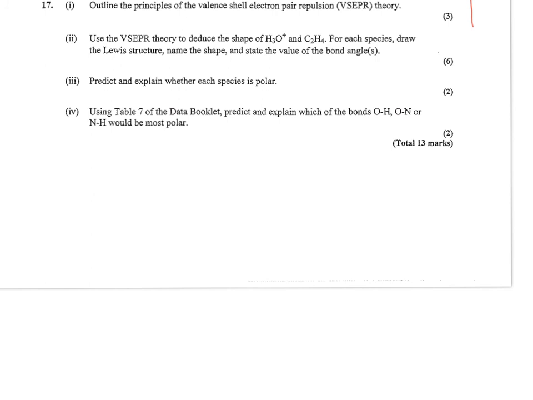Okay, then number 17, I'm going to make some space below to answer these. For number 1, they want you to outline the principles of the valence shell electron pair repulsion theory, or VSEPR, as I prefer to call it. And they're looking for 3 things about it. So one thing is that electron domains repel each other. And because they repel each other, they will separate to maximum distances